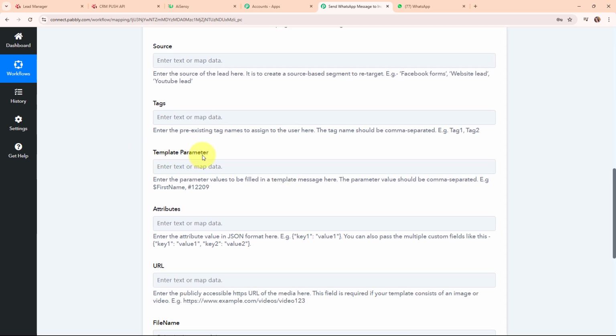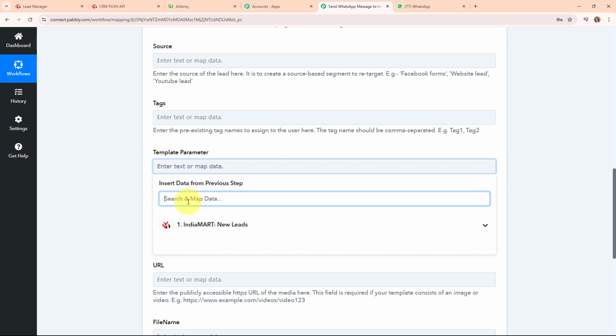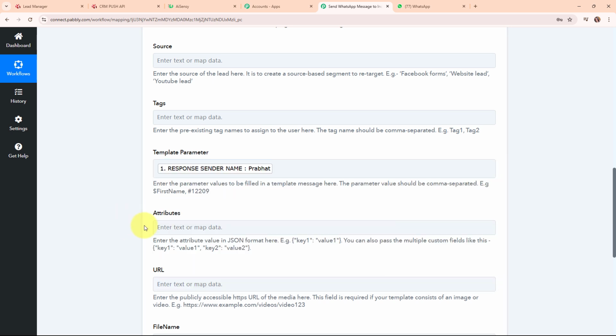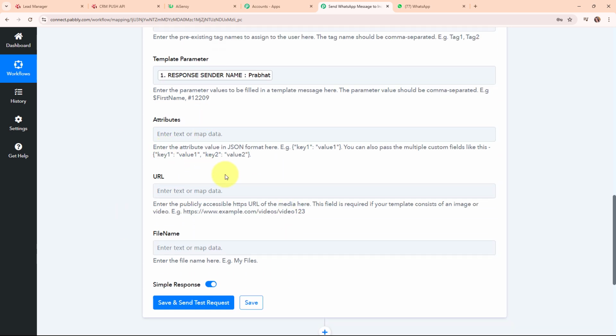And then it is asking me to enter the template parameter. So in this template parameter field, I need to enter the value of the variable that I have used in my template. I have already shown you that I have used a single variable in my template, and that is for the name. So again I'm going to map my lead's name. So this is my lead's name, so I'm going to map it. Moving forward, attributes, URL and file name are not required fields, so I'm going to leave them blank. And now, after entering all the required details, I'm going to click on the save and send test request